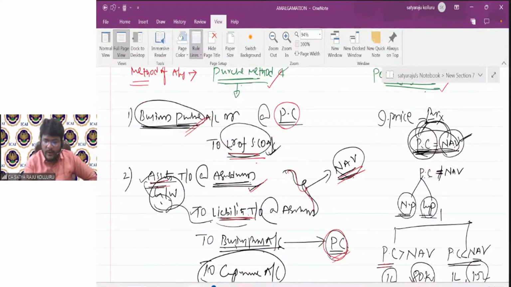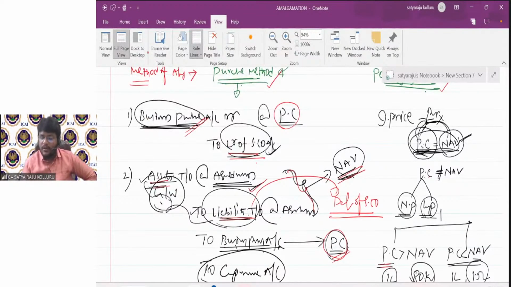Now, one of the liabilities is debentures of the selling company. Do you agree? If the selling company has any debentures and the purchasing company is ready to take them over, then at the time of incorporation of liabilities, we are incorporating the debentures of the